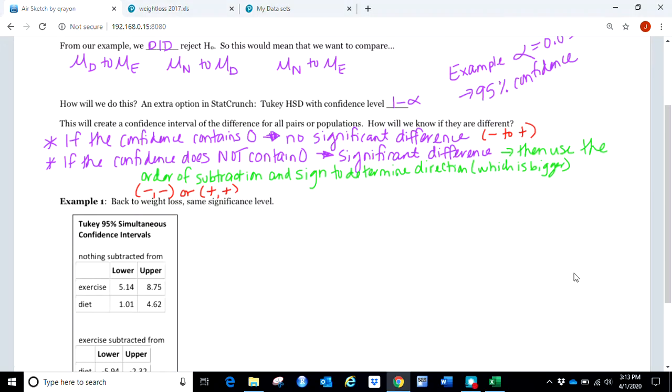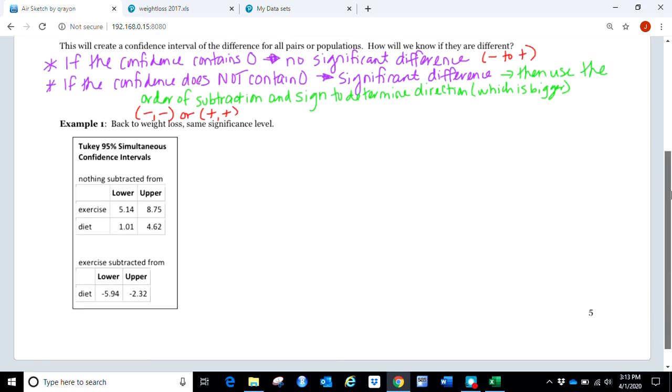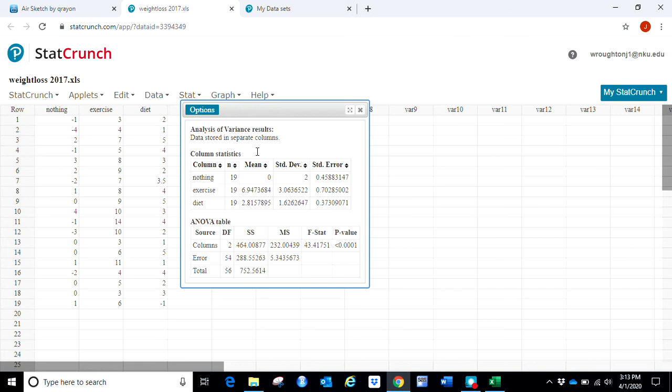So now that we've talked about the idea of what we're looking for in a multiple comparison test, we're actually going to do it for our example. First you'll notice I gave some output here, but I also want to demonstrate how we got this output in StatCrunch. So going back to our StatCrunch with our weight loss data,